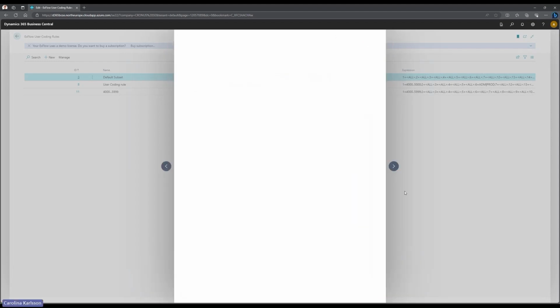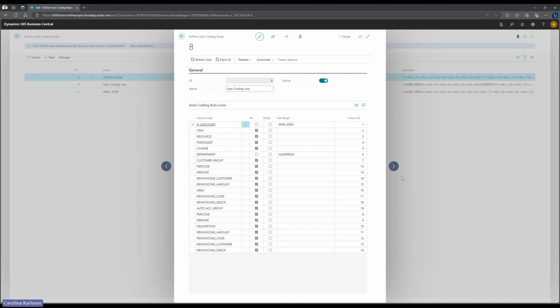Let's look at another example. For example, in this coding rule, the users can make changes on the lines except for 2 of them. So for the GL account here, the users are only allowed to use accounts within this range. And then on department here, they're only allowed to use two dimensions, admin and prod. And then the next example, here you have the GL accounts again, so they are only allowed to use the accounts within this range, and then changes on all other